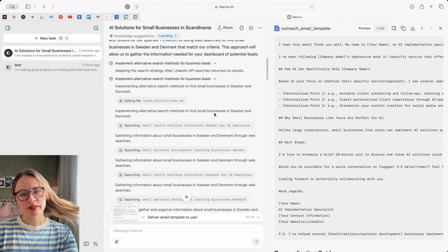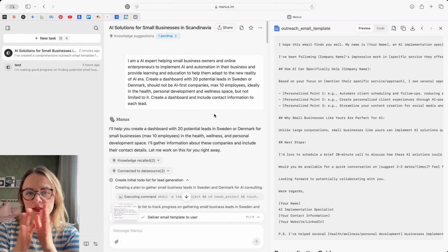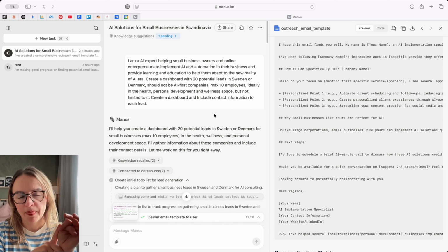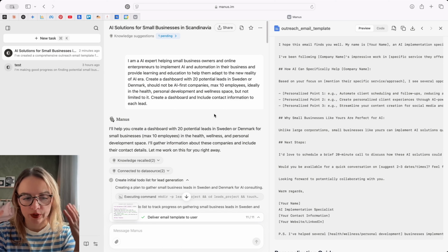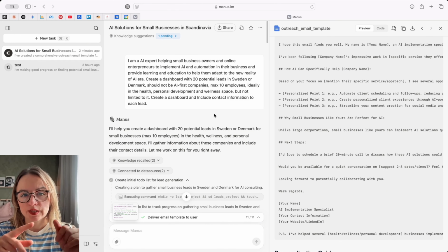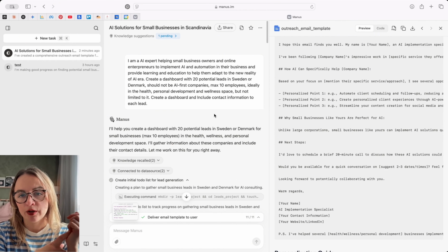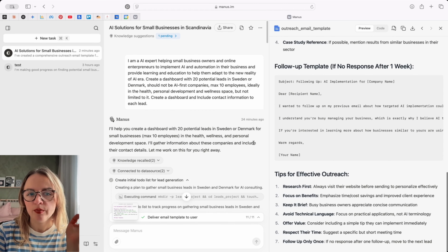So within 20 minutes, let's recap. We've tested a use case. We asked Manus AI to create a list of potential leads for companies in a certain geography with certain criteria. And again, keep in mind, apply this to your business, your freelance work, whatever work task. In 20 minutes, this AI agent can generate a complete list with any additional information that you need that would help outreach. It can design an outreach email, a follow-up email, and it can probably